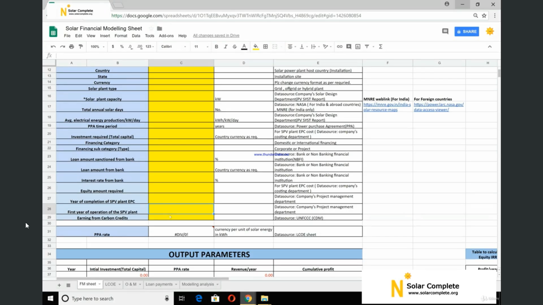The last figure is the earning from the carbon credits. Carbon credits are a mechanism by which a solar power company can get earnings or financials during the complete operation of the project. For getting the carbon credits and earnings from them, the solar power project has to be registered under the Clean Development Mechanism, in short CDM, scheme, which is led by